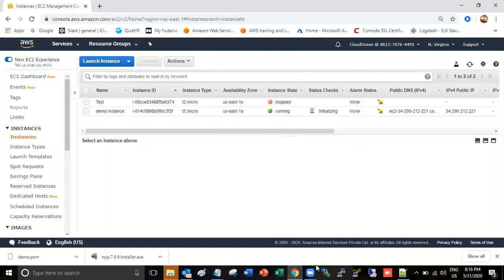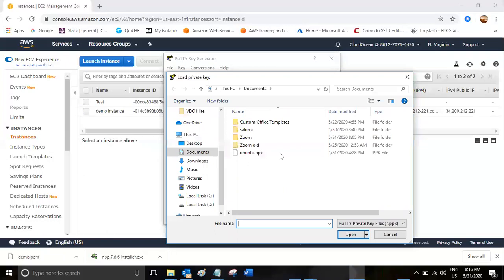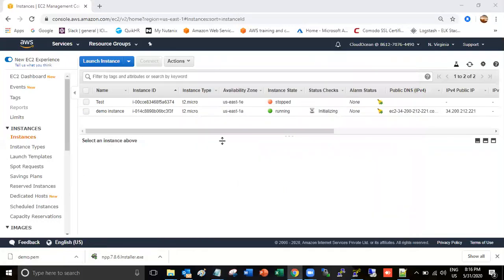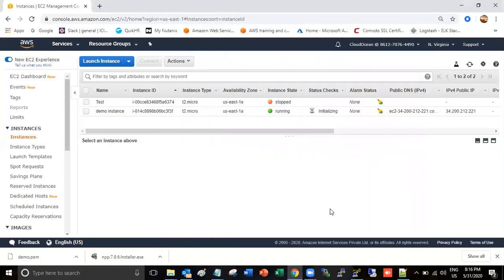In that time, you are going to connect to your machine through PuTTY. You have downloaded the file which is in PEM format, right? So you have to convert that PEM file into a PPK file. For that you have to download PuTTYgen, open it and load that PEM file, using the download tab.